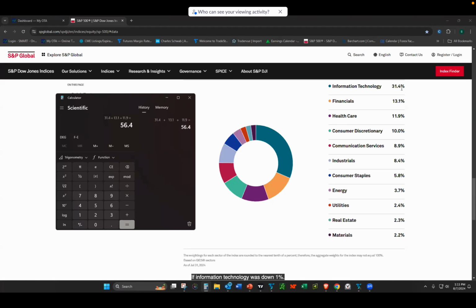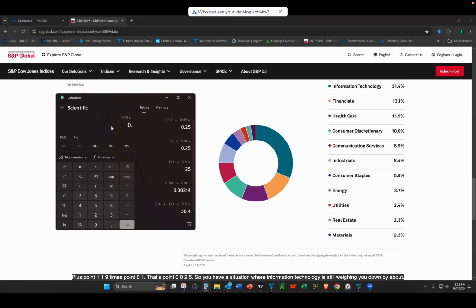If information technology was down 1%, but financials and healthcare were up 1%, that's still not enough to offset that, because 1% of 31% is going to be 0.0031. Okay, when we take a look at 13.1 and 11.9, multiply that times 0.01. That is not right. 0.131 plus 0.119 times 0.01. That's 0.0025. So you have a situation where information technology is still weighing you down by about 0.0006%, which I know doesn't sound